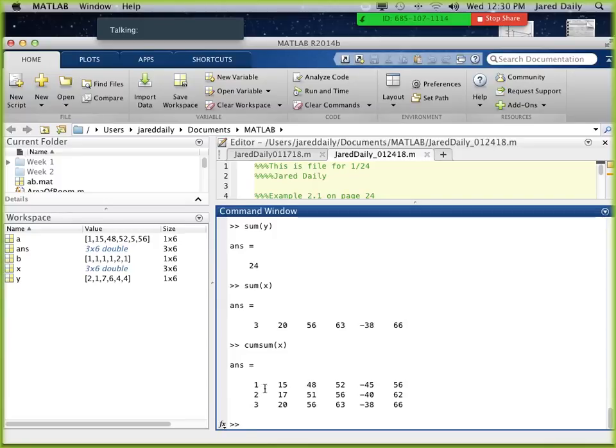Then it adds all three of them and puts it in the third row. And it does that all the way down each column. So the cumulative sum means you get the number that you had to begin with in the first row, first column. And then as you go down the column, you're adding the next element down that column to the previous one and replacing that element. And there's also a cumulative product that does the same thing